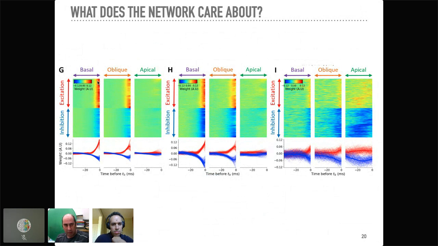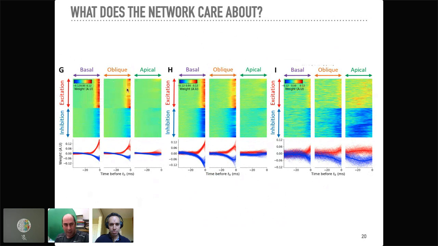It is also sensitive to excitatory and inhibitory inputs that arrive at the basal and oblique dendrites, and this specific unit is less sensitive to inputs that happen in the apical dendrite. If we zoom into these units, I don't have the picture here, but it looks as if it does something like that. So it really cares about the strong input that arrives right before the spike, and less and less about inputs that arrive a little bit before that.